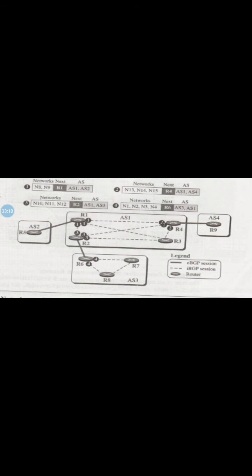R5 knows how to reach networks in AS1 and AS3. The process continues when R1 receives the update message from R4. At a point in time, there are no changes in the previous updates, and all information is propagated through all ASs.